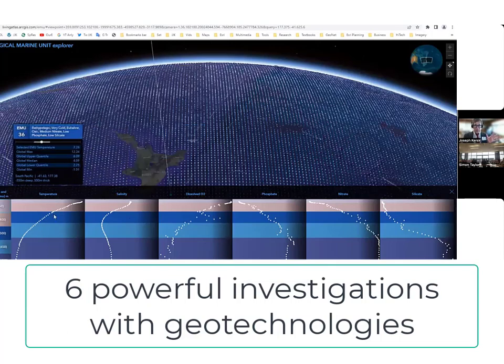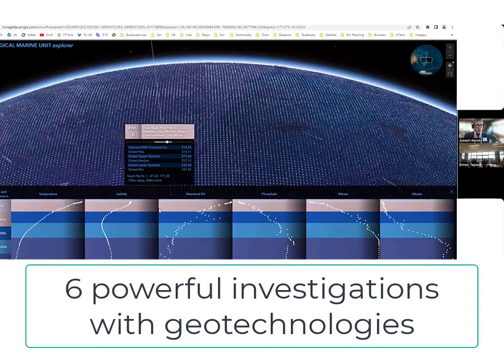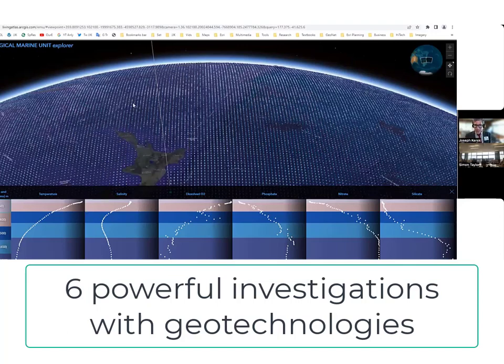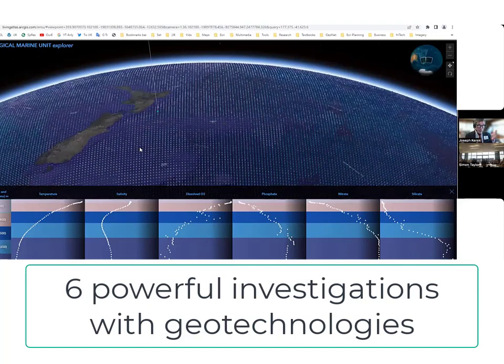So, okay, I've got the temperature. Look at the temperature gradient here, just a little bit southeast of where you are right now. Okay, interesting. I've got the salinity, dissolved oxygen, et cetera. If this was part of your unit on ocean chemistry, or what is dissolved oxygen, and why do cold waters hold more dissolved oxygen than warm waters? Hey, class, remember what we talked about yesterday? This could be a nice supplement.